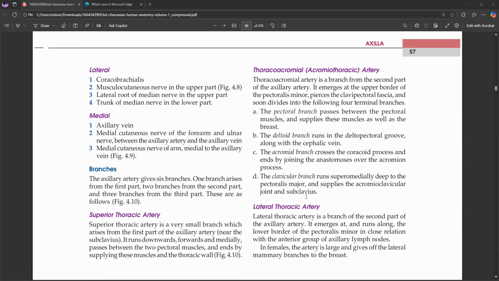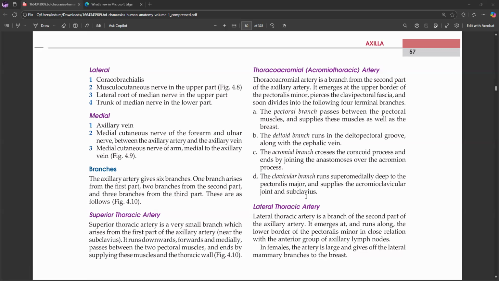Thoracoacromial or acromiothoracic artery. The thoracoacromial artery is a branch from the second part of the axillary artery. It emerges at the upper border of the pectoralis minor, pierces the clavipectoral fascia, and soon divides into the following 4 terminal branches. A. The pectoral branch passes between the pectoral muscles and supplies these muscles as well as the